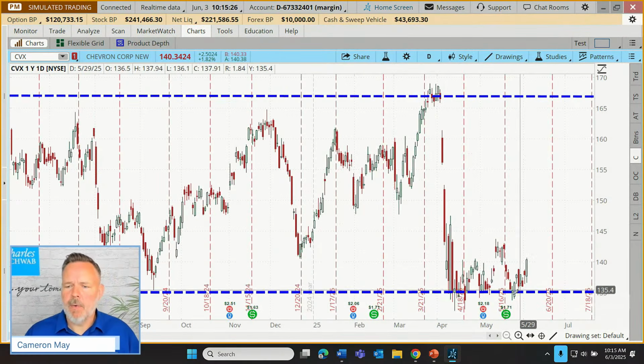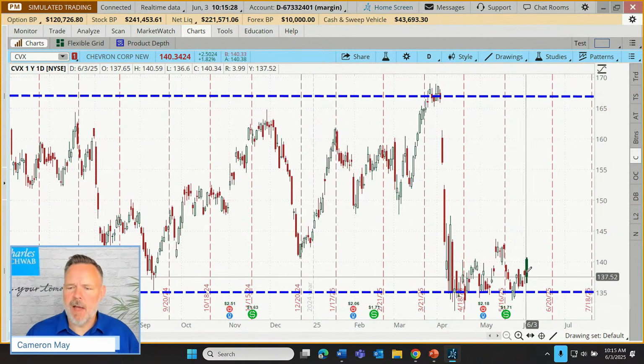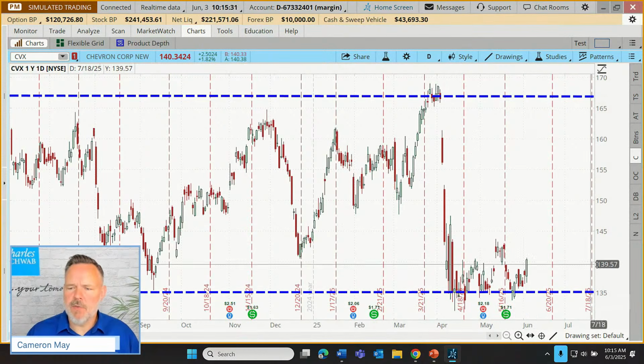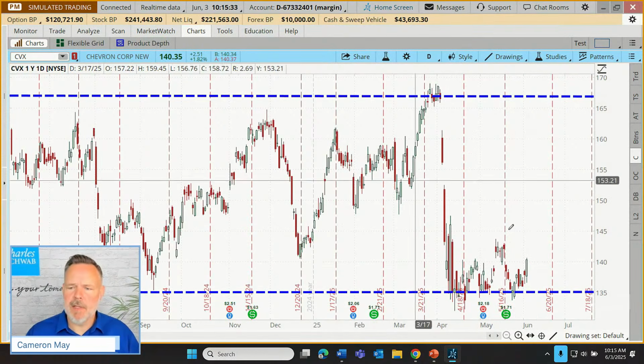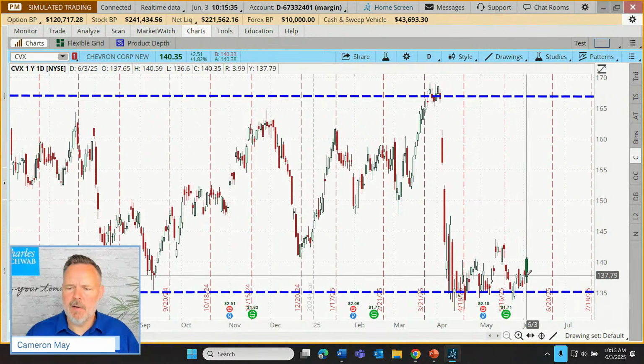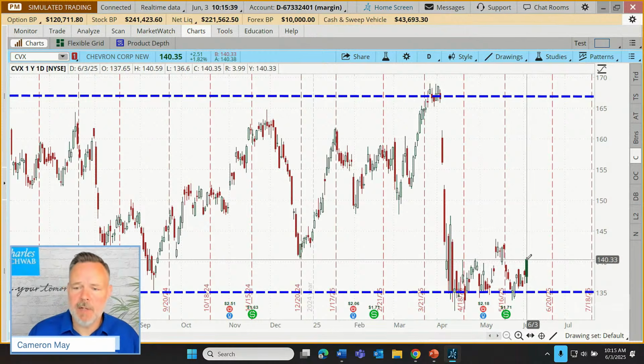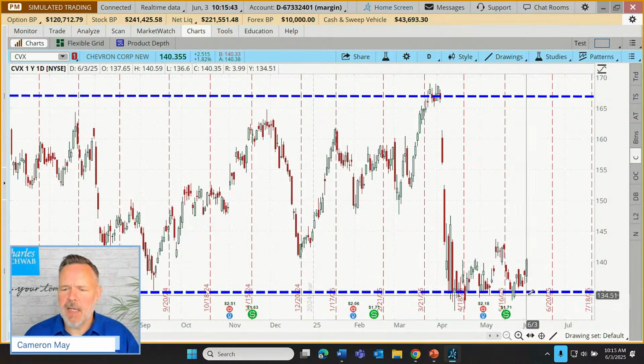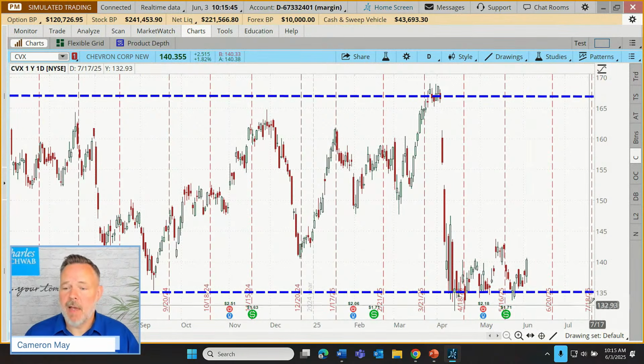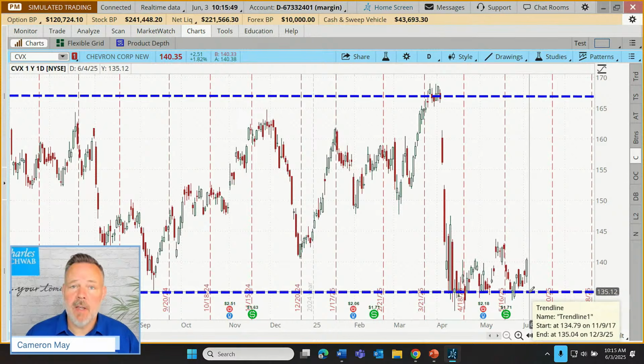But there we go. So bouncing up off these 135 lows, actually price has strengthened all the way up to 140. It was a little bit softer when I was first looking at this earlier, we were down around 138, but going in the right direction. Let's see if we can plan a trade that would be optimized as of this July 18th expiration, as long as we're still above 135.